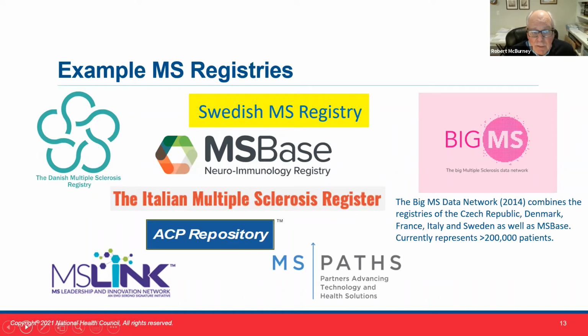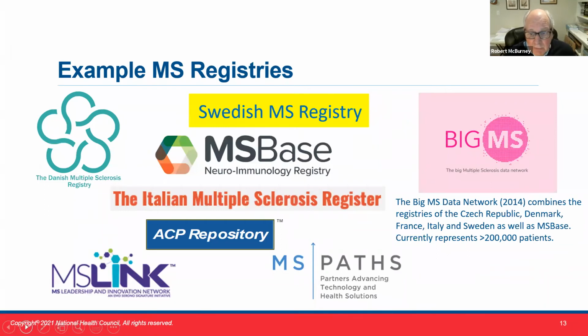In addition to that, there's an organization which began in Australia, my home country, called MSBase, which is a way that clinical sites can directly enter data into a big registry, and also some of the international registries allow their anonymized data to be transferred into MSBase. MSBase today has a registry that represents about 80,000 people with MS. And it's a tremendous resource, and I'll come to that in a moment.